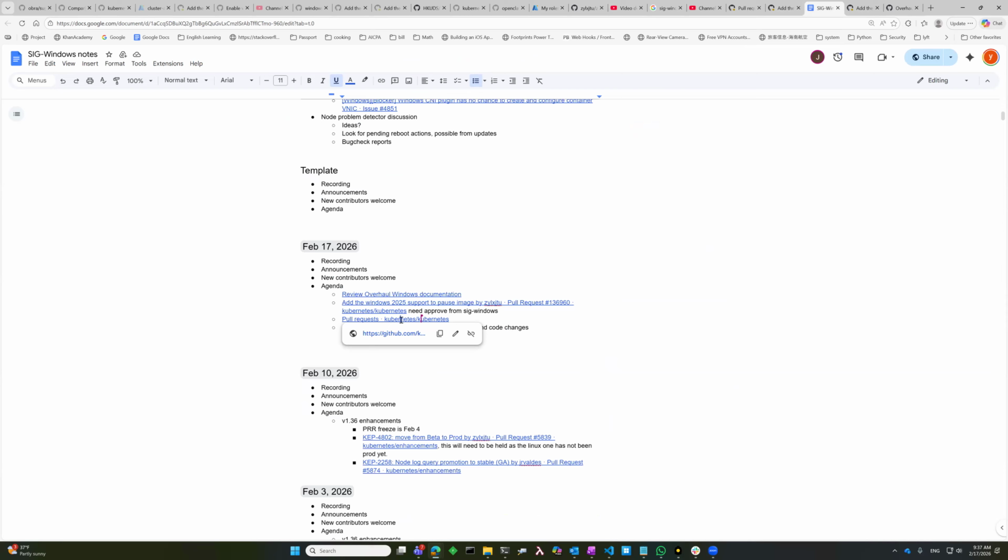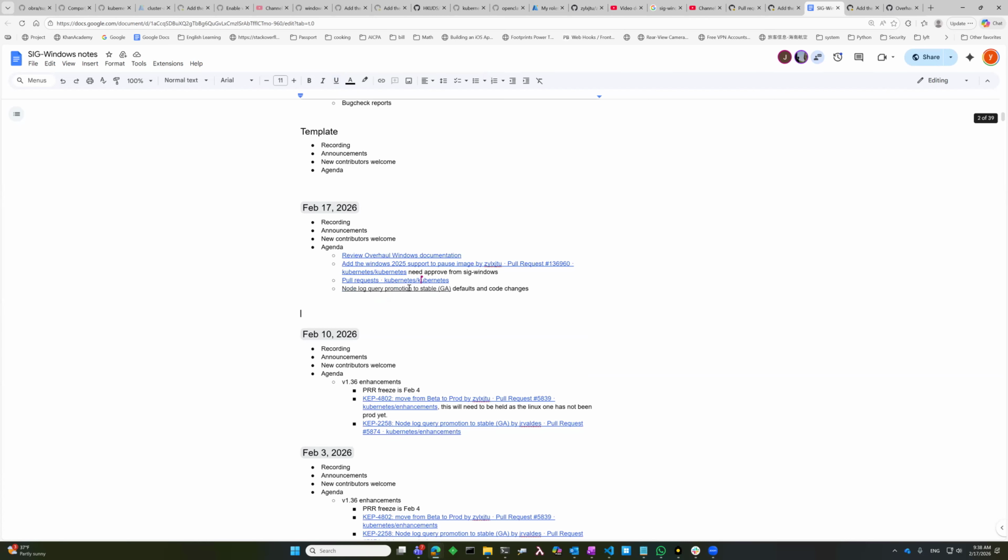For the Windows E2E test image, we have already added support for Eigen host for BusyBox, but the other remaining ones were included in this PR. Yeah, this one has an LGTM from Mark. I already pinged some people to ask them to approve. Okay, sounds good.